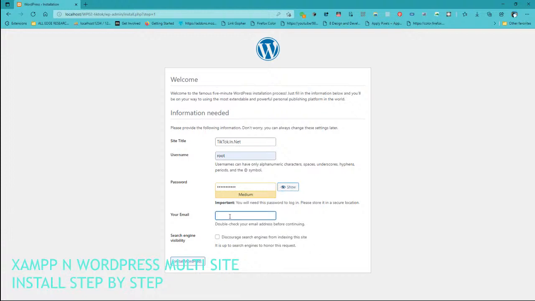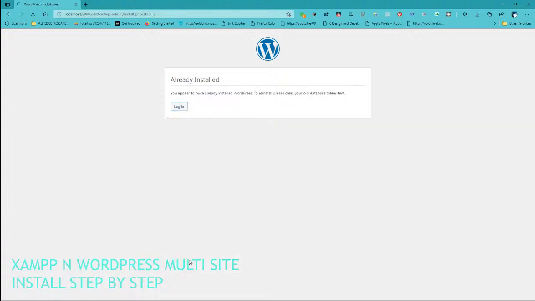And then I always use the same email that I never check. And then I think I'll discourage the search engine just for this time around, just to see what the difference is. Because I've done it both ways, and I don't really think it makes a difference because if you're not using an SSL,